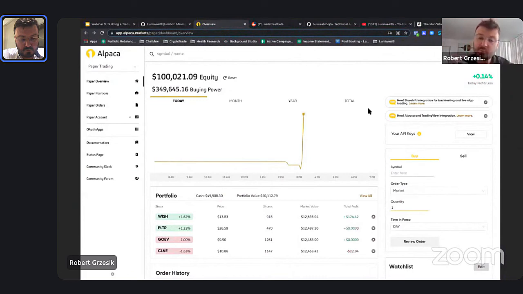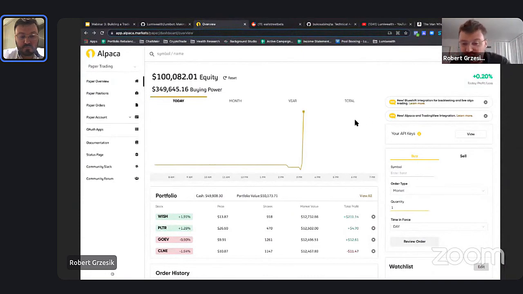So we work with them. We work with Interactive Brokers. We're going to be adding in TradeStation very soon, and then we're going to keep adding in more and more as we go. So you definitely have a lot of options there. This is amazing. Look at this. We literally just bought this, and we're already making a bunch of money. The stock chart is just shooting straight up.